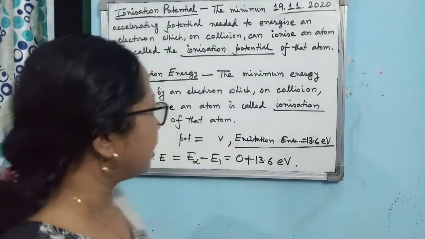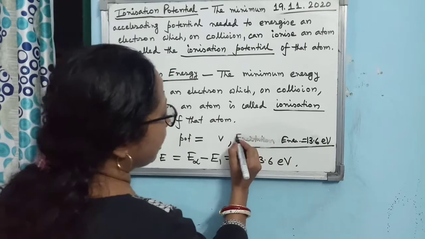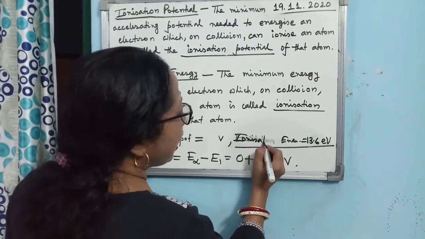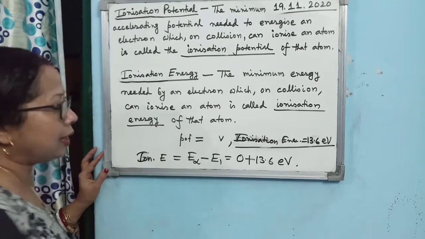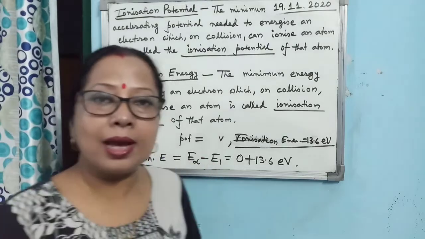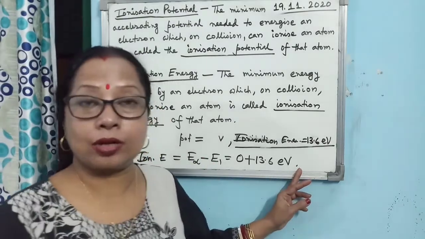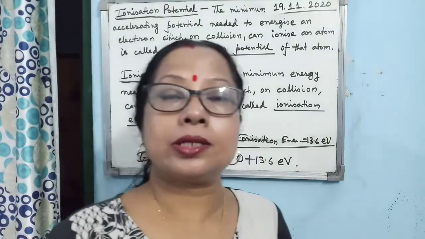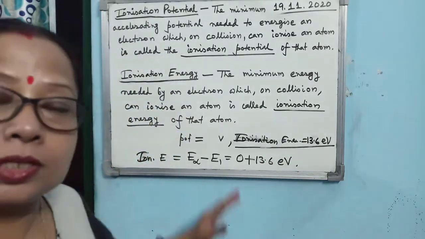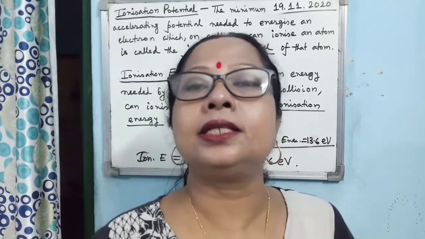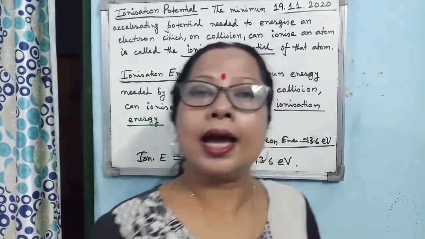You must remember it. Not excitation, it will be ionization. I forgot to rub it. Ionization energy, not excitation. I am really sorry. Ionization energy is given by E infinity minus E1 and it is becoming plus 13.6 electron volt. Ground state energy is minus 13.6 electron volt and ionization energy is plus 13.6 electron volt. This is for hydrogen atom. For any other atom, with the plus sign, the energy of the ground state is equal to the ionization energy.